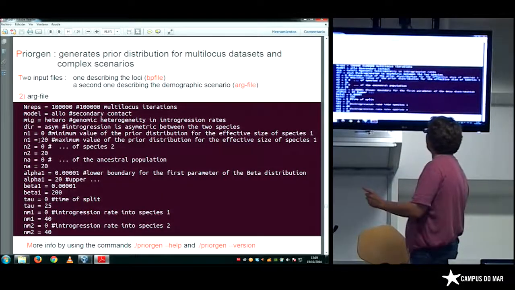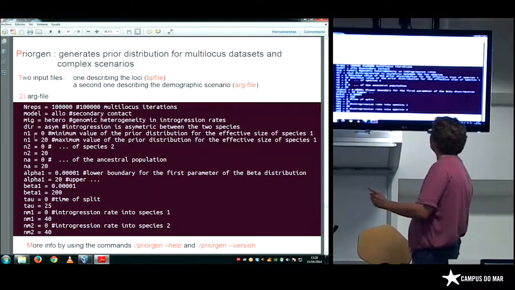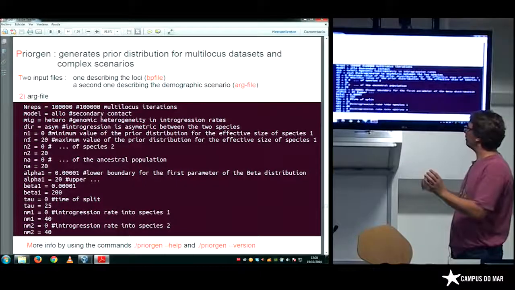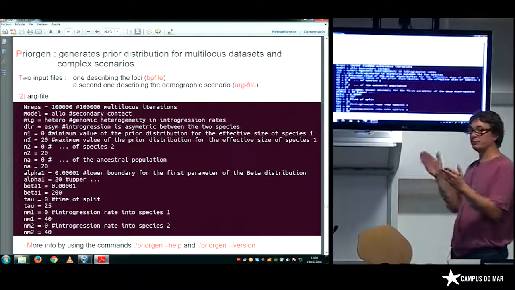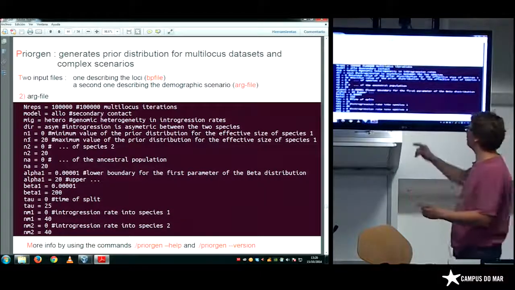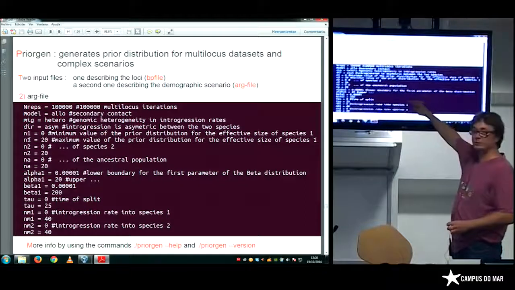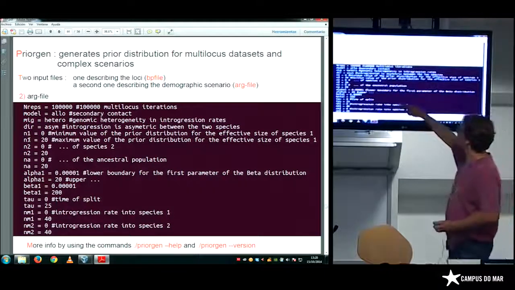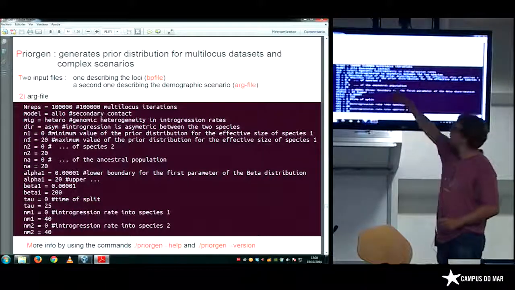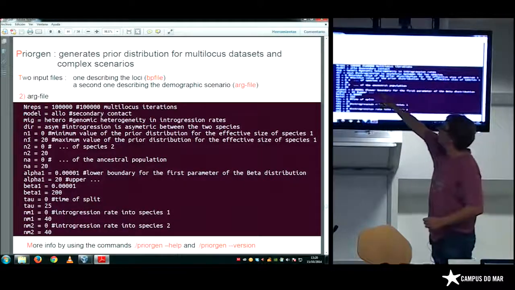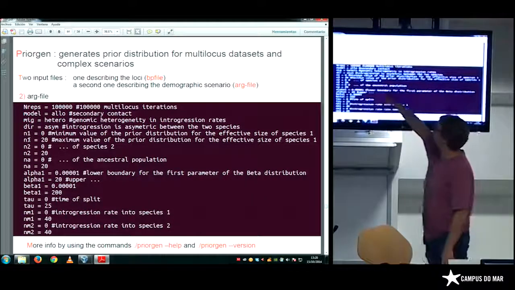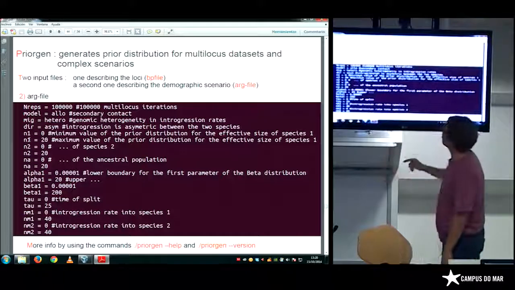Here it's the extreme values of the prior distribution for the population size of population 1. So it's a uniform prior between 0 and 20. Here it's the same for species 2, a uniform prior from 0 to 20, and the prior of the ancestral population size from 0 to 20.